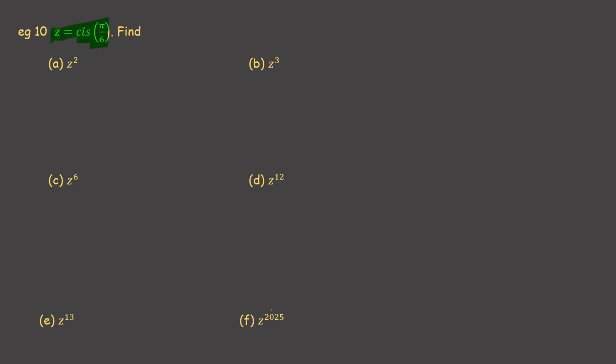Z is equal to cis pi by 6. We want to find the following: z squared, z cubed, z to the 6, z to the 12, z to the 13, z to the 2025. So, if we think about z squared, that is going to be cis pi by 6 times cis pi